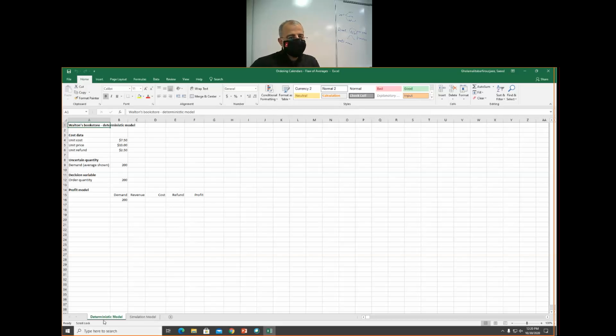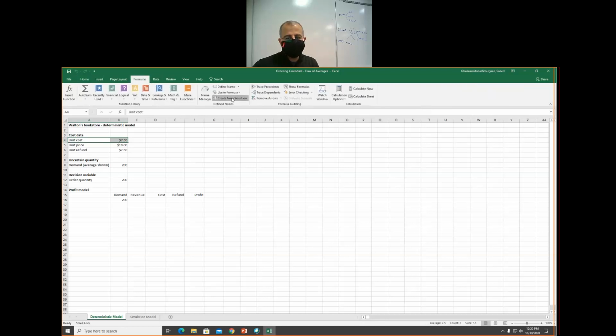In the deterministic model, we have these values. I'm going to define name for these values. We go to formula, define name for this value, unit price, unit refund,